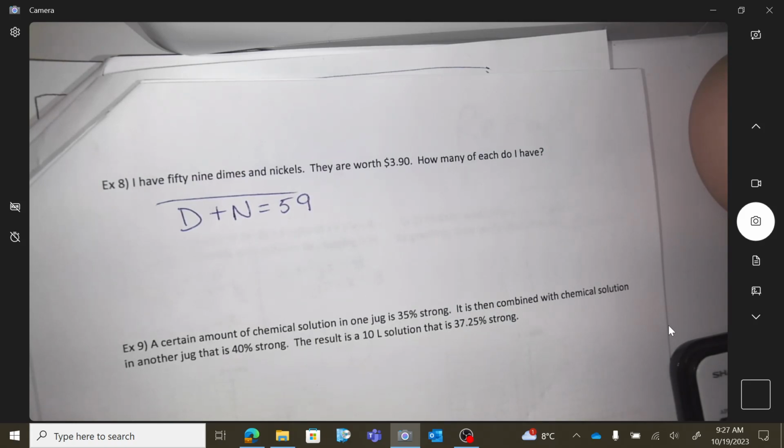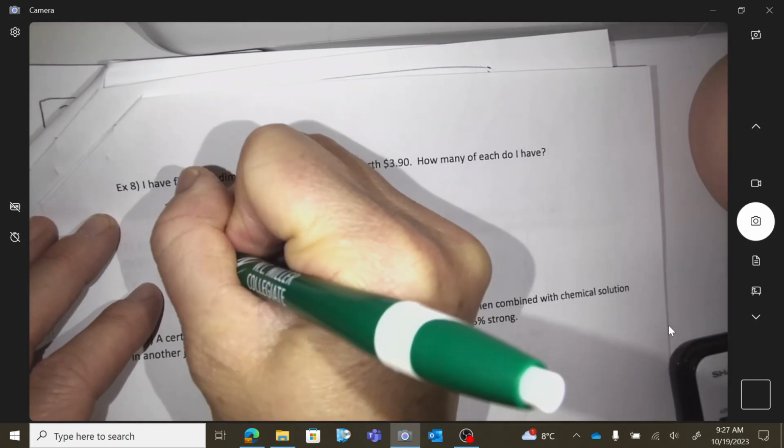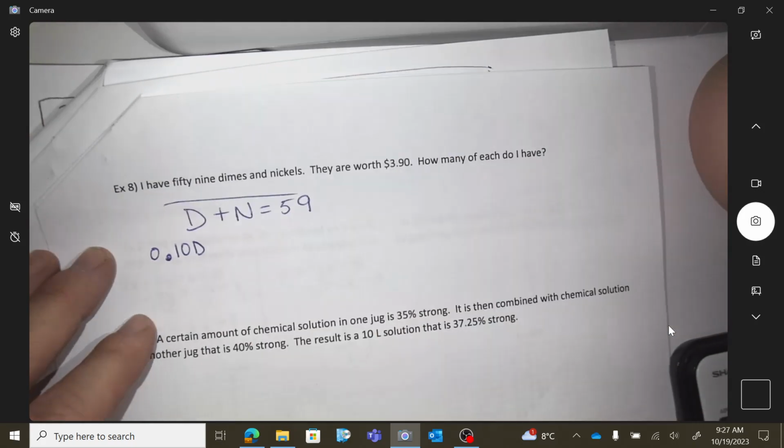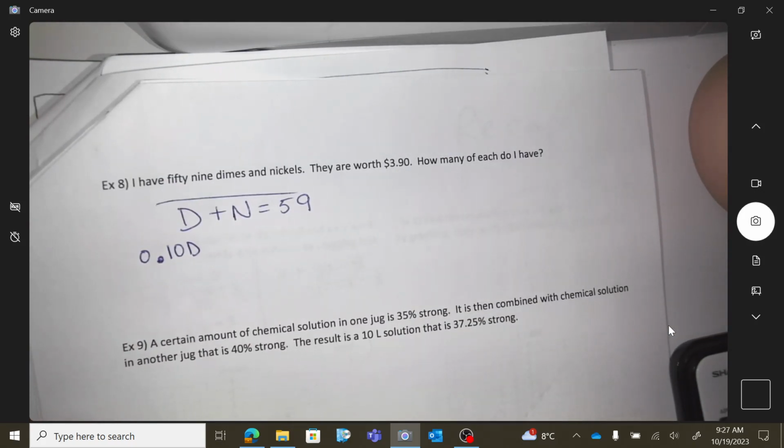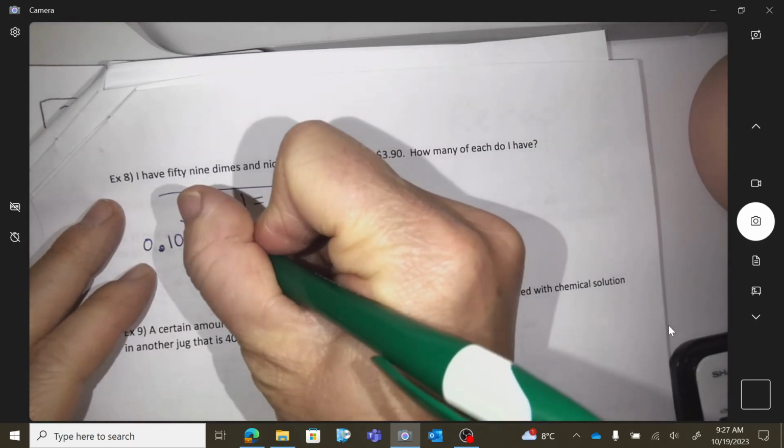So now we got to do the money line. So the money from the dimes. How do you write the money with the dimes? The money of the dimes, the money from the dimes, plus the money from the nickels,